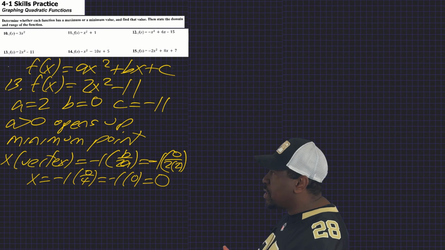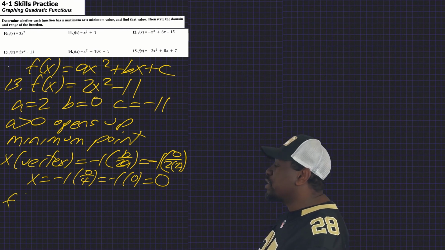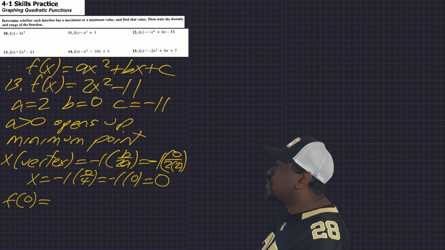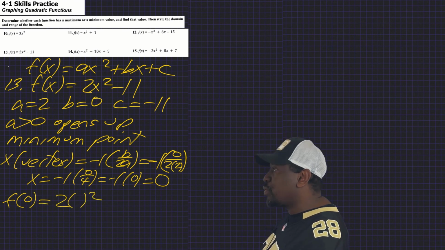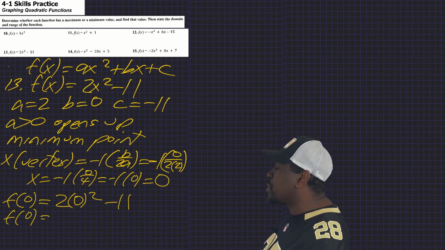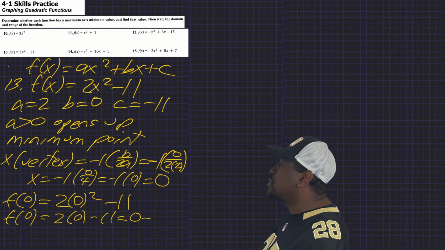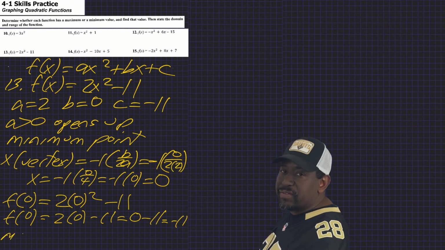And negative 1 times 0 will get you 0, because anything times 0 is 0. So the x-coordinate of the vertex is 0. To get our minimum point, we will take f of 0. So where x is in the problem, 2x squared minus 11, we'll substitute 0 and solve it. 0 squared is 0. 2 times 0 is going to give me 0. We subtract 11 from 0, and the minimum value will be equal to negative 11,